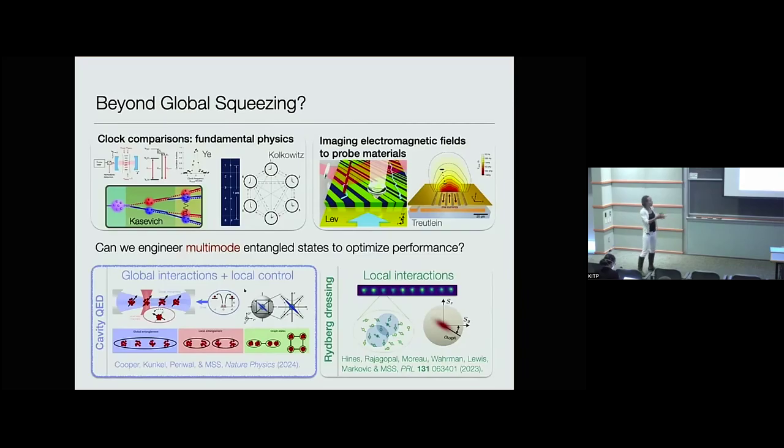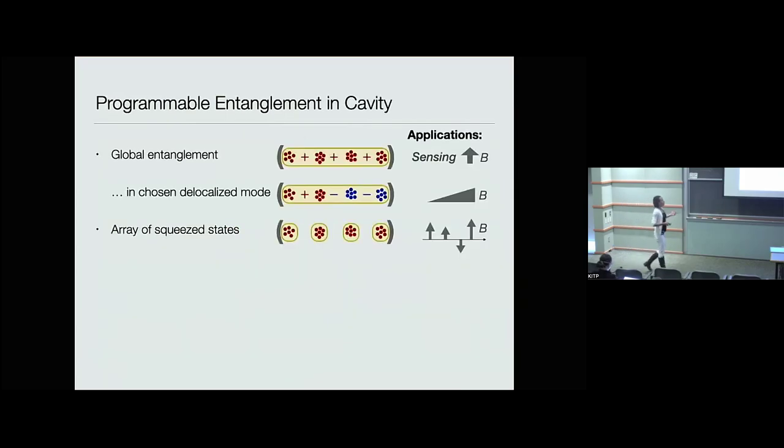I'll focus in today's talk on using this approach of starting from global entanglement and breaking it down by adding in this ingredient of local control. The basic idea is, the global entangled state is great if I want to sense a global field. If I wanted to sense a magnetic field gradient, the simplest thing I might do is take my global entangled state, but rotate the spins on the right side by pi, so that I'm now sensitive to gradients between the left and the right. With some more sophisticated control, there's also a way to map this to independent entangled states.